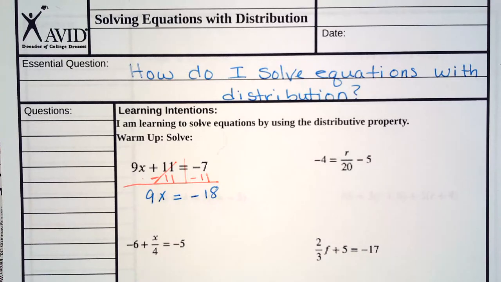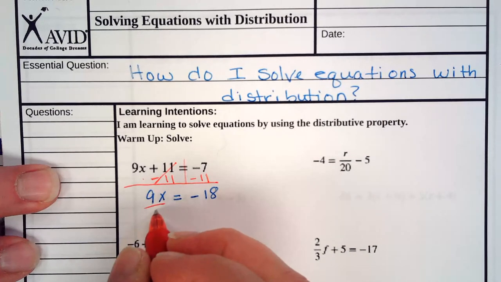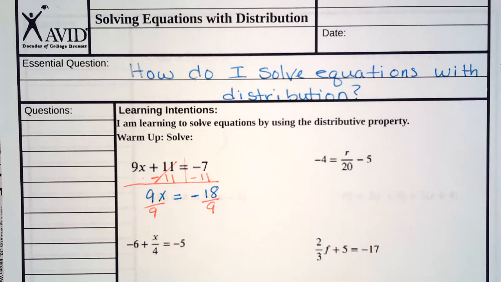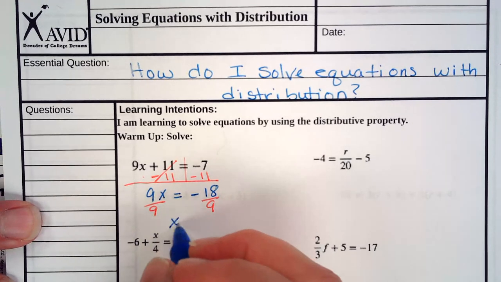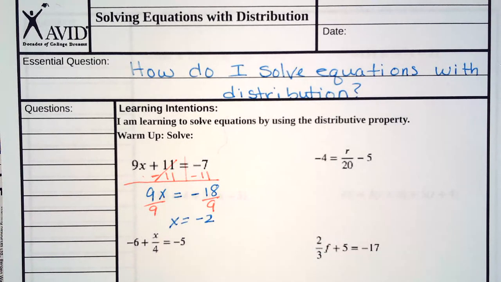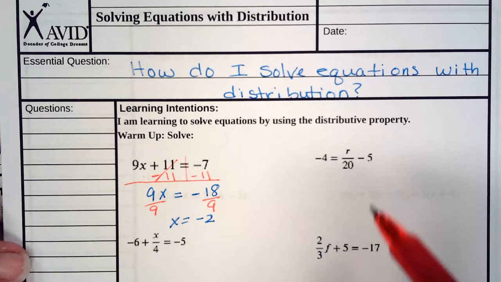Okay, last step. I've multiplied by 9. The opposite is to divide by 9. And x is equal to negative 2. If you're still not understanding the process, back the video up and listen again. For the next one,